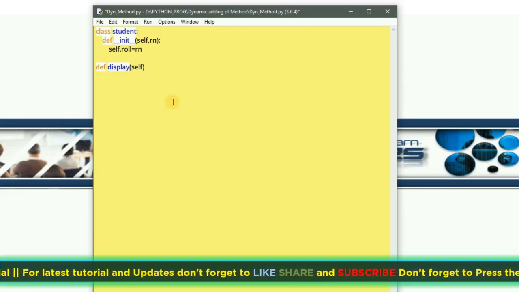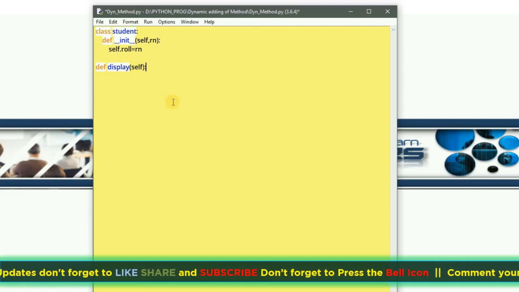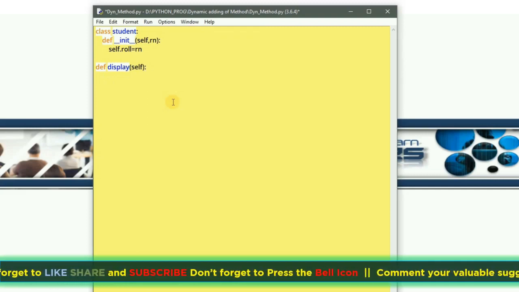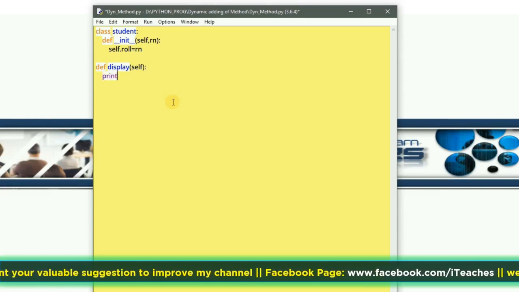In the earlier section 1 example I had not included self, but here I'm going to see whether we can access the attribute or property of an object inside a non-member function. So I have written this self. Inside that I have written print, and suppose I want to access the roll number, so I write roll number,